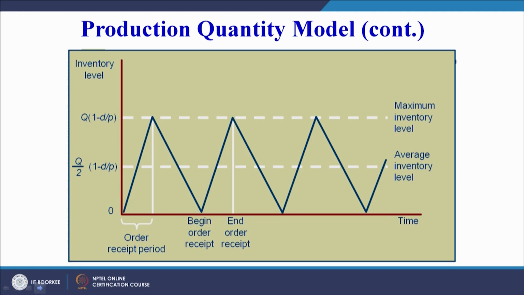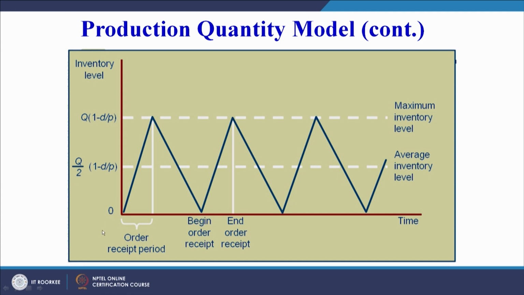So here again, coming back to the same slide, we can see Q minus 1 by D by P, sorry, and Q by 2 into this, is the average inventory level in case of the production quantity model. You can see here we are receiving the order from this point to this point. So order receipt,